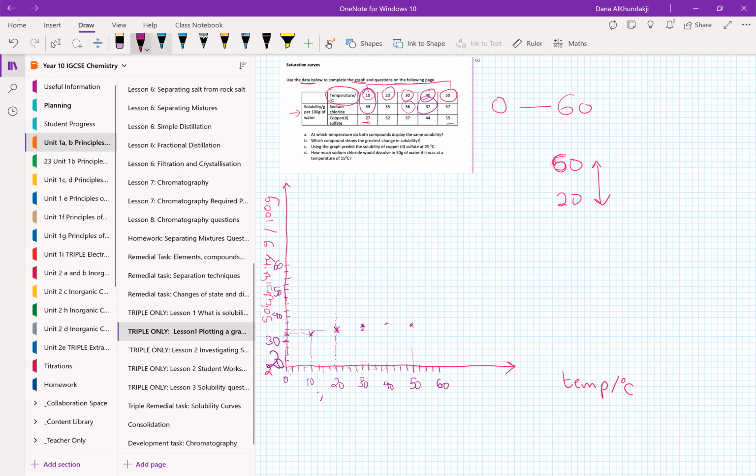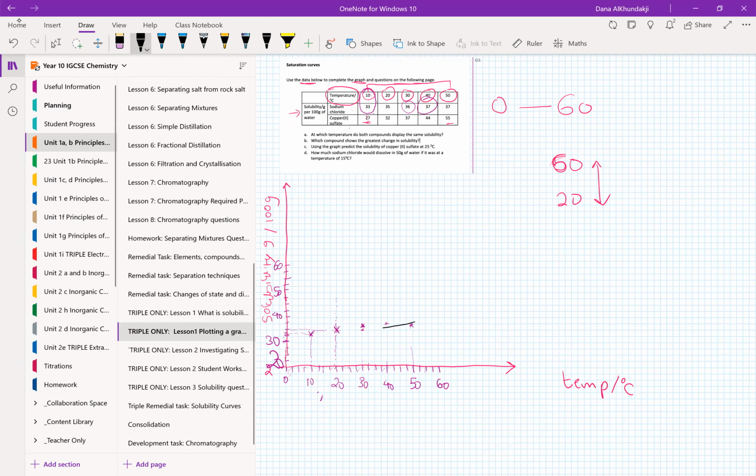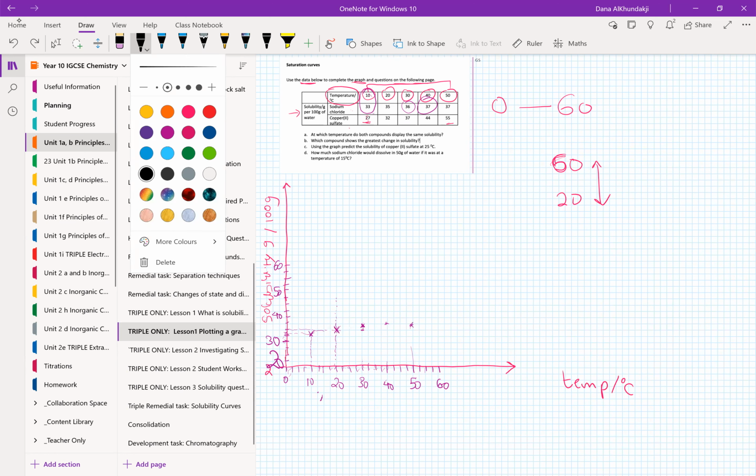And this is what you have so far. So what you have now is you don't have the line. What we have over here is like a curve-like shape. So it needs to be clean, okay? And it needs to be in pencil. And you want to try to connect them as you want a smooth